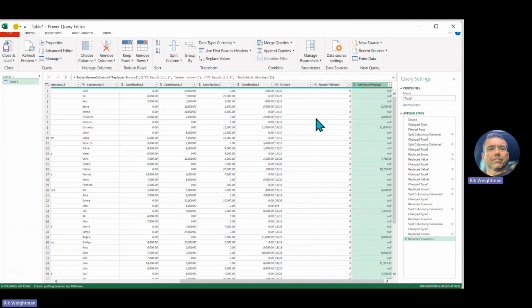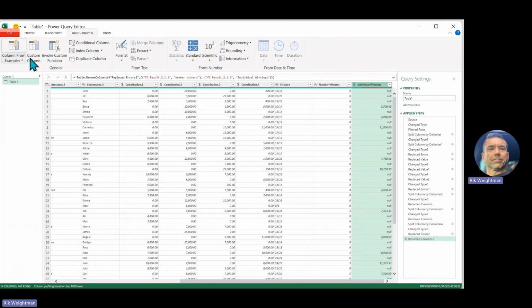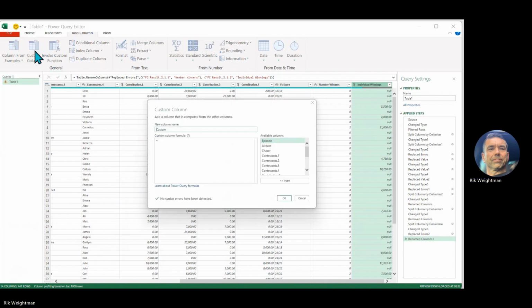Now what we're going to do is add an additional column to find out the total winnings. So within the Power Query Editor, let's go up to Add Column. We'll choose this one here. It's called Custom Column. And what you're about to do is write a bit of code. Well, you're not. Excel's going to do it for you, but there is code going on in the background. So what we want is, let's name it, we'll put total winnings,